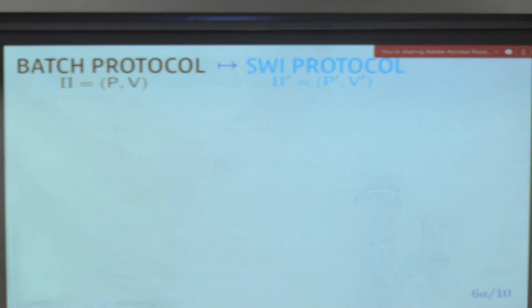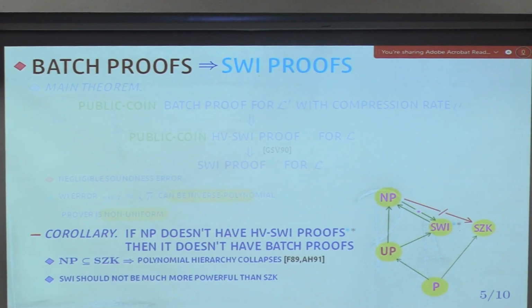I had one more. Are there some classes for which you know that it is contained in SWI, but you don't know yet that it is in SZK? So for instance, NP intersect co-NP would be something in SWI minus SZK. I think we know some concrete problems, but not anything general. So people would believe that they are the same class, but think an SZK protocol can be found for those